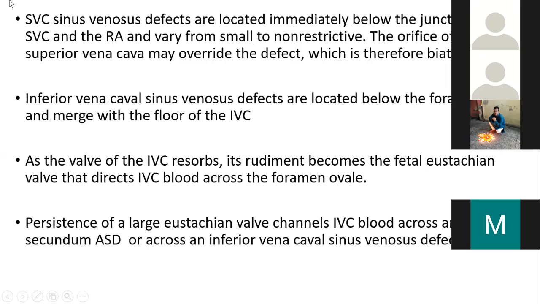So one has to proactively look for pulmonary veins, and if there is a suspicion, always inject, because 10% is a significant number. Of any 100 cases, 10 can have a PAPVC which can get missed. And in SVC type of ASD, it is usually asked where the PAPVC joins. So either it is the right upper or the middle pulmonary vein.